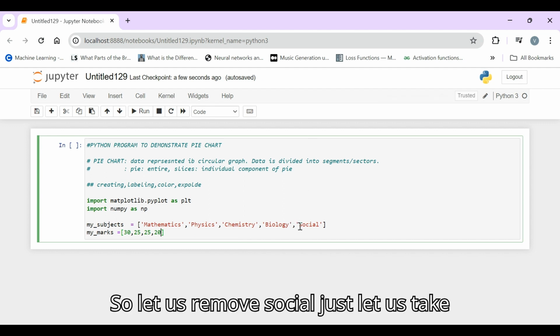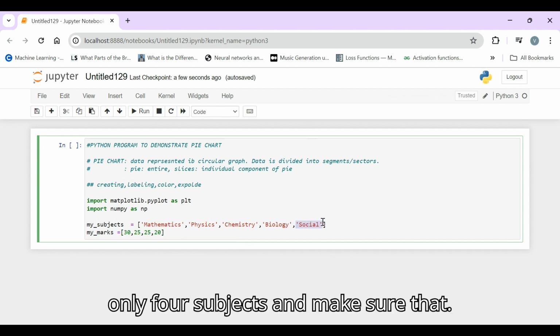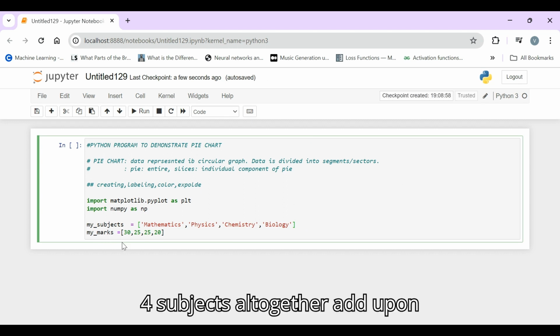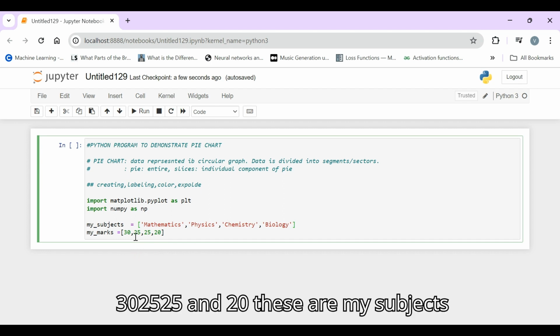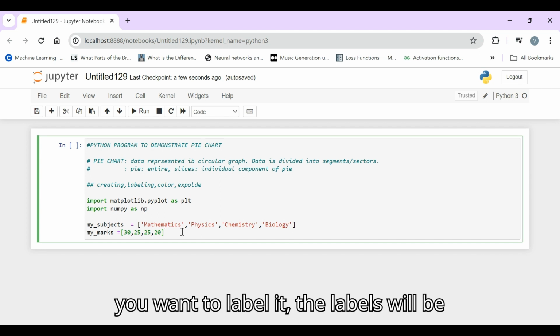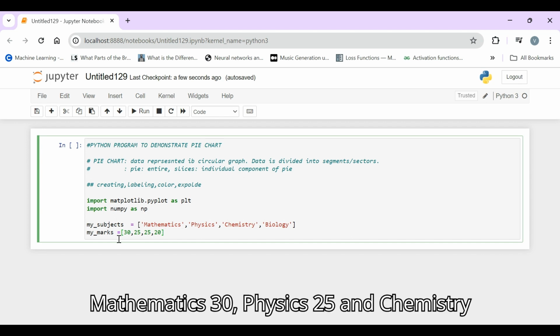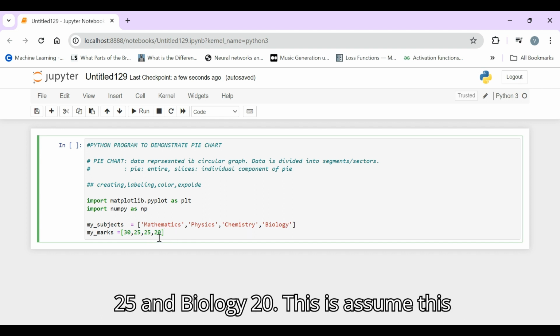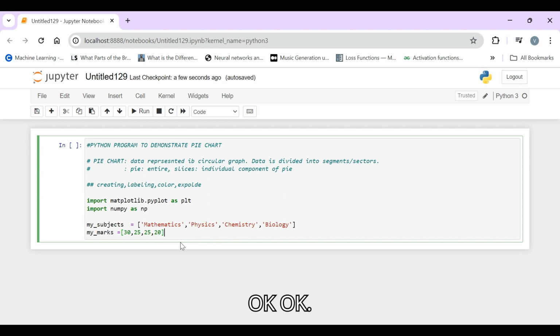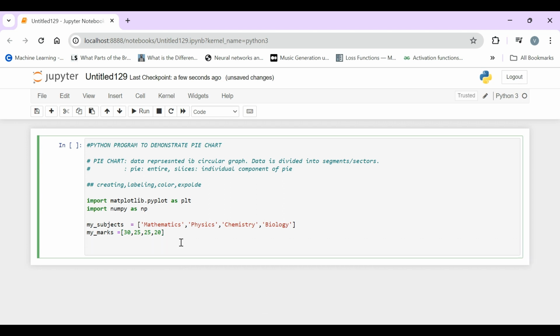So let us remove social. Let us take only four subjects and make sure that the four values altogether add up to 100. Okay, 30, 25, 25, and 20. The labels will be mathematics 30, physics 25, chemistry 25, and biology 20. Assume this is the percentage of marks obtained.